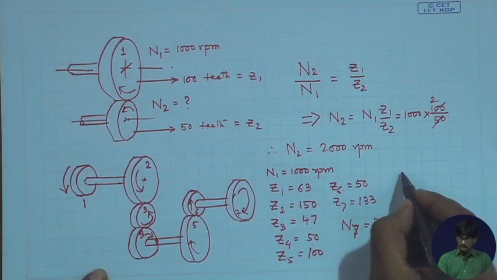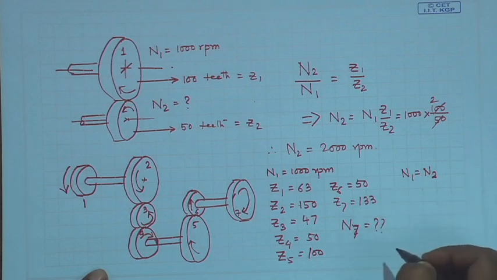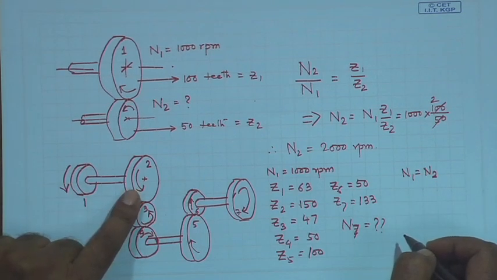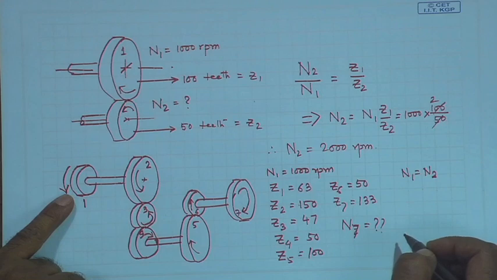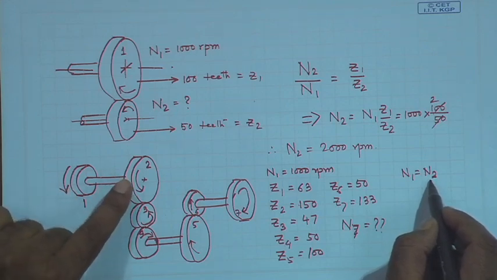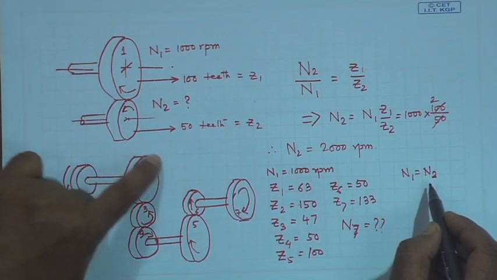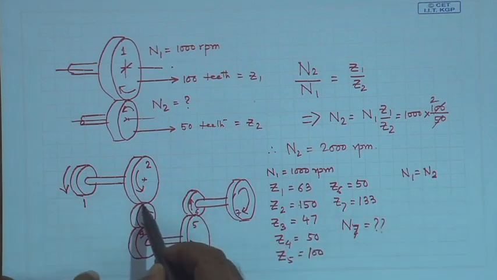N1 equal to N2. First, these two rotational speeds are the same, and whatever the number of teeth on one, it is absolutely not relevant to this problem. It can have any number of teeth. So, N1 is equal to N2, Z1 is not required. Next, we understand that the tangential velocity at the periphery, at the pitch circle of 2, this velocity